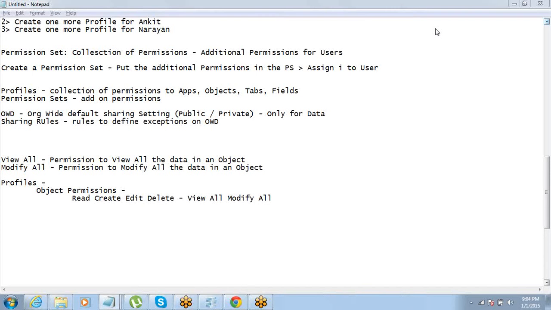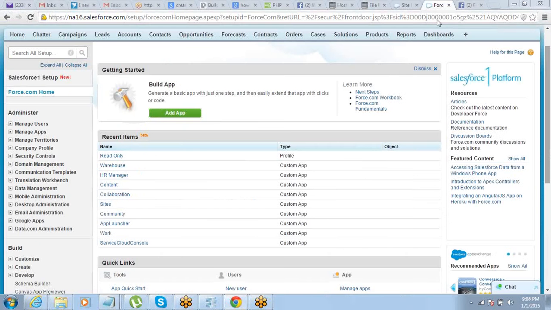Okay. So I think you guys can see my screen now.